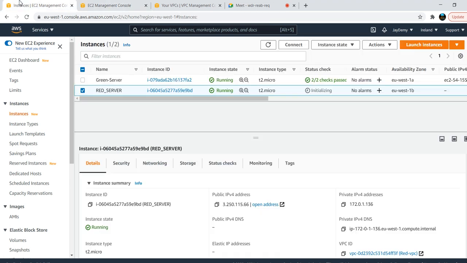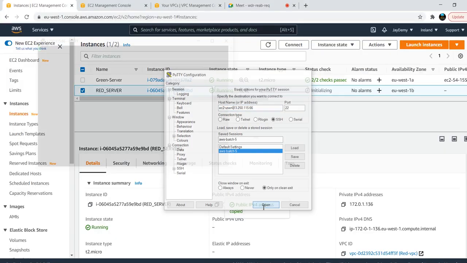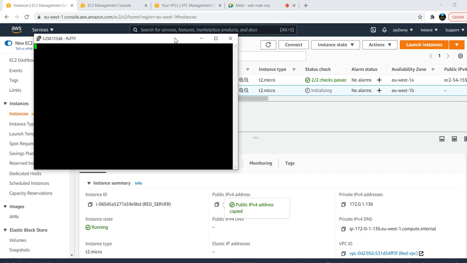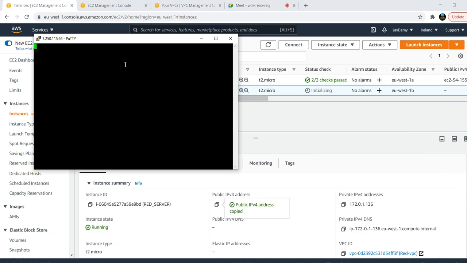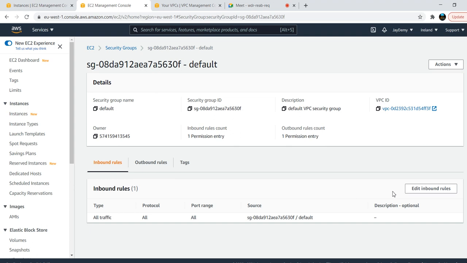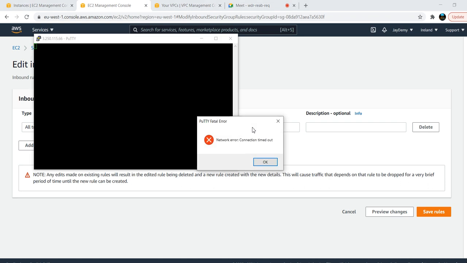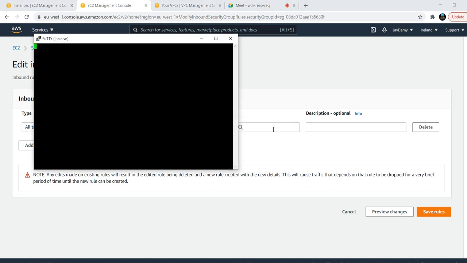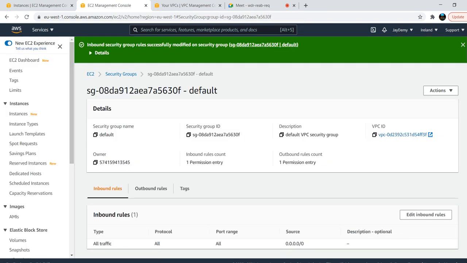Okay, now I will connect to the second server. That is the second server IP, and just open this one. You will get an error here because your security group is not allowed from any specific source. We have allowed only internally the same security group ID. So we'll wait for the error and we will modify that. Let us edit this one and allow traffic. So we got the error, good. Now we'll modify it to allow from any source and save the rules.